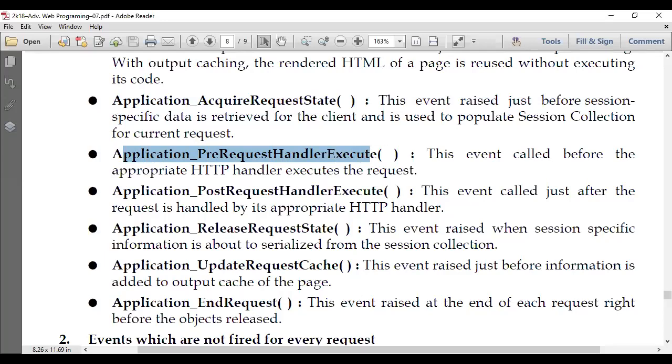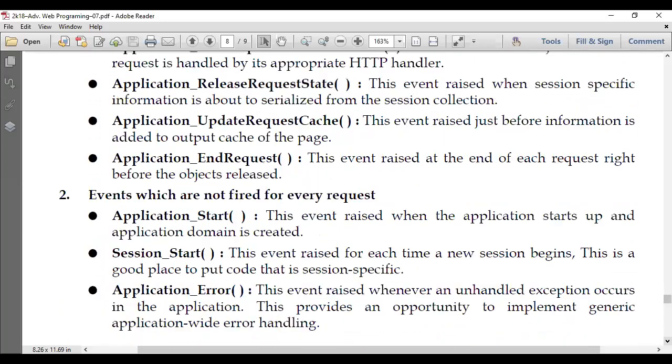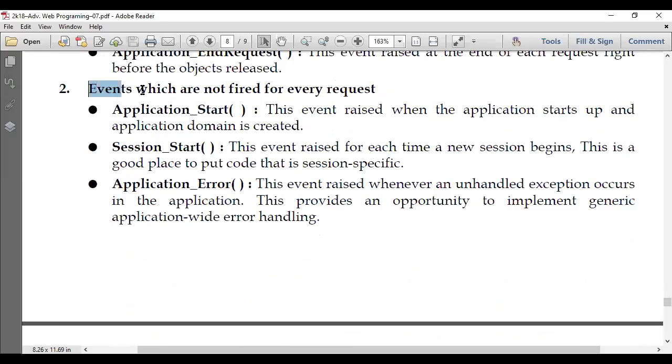And the next type of events are not fired for every request, but are events that we use in our projects frequently, as we have seen. In our previous example, when we tracked the number of users visiting, we used this particular event: Application_Start.